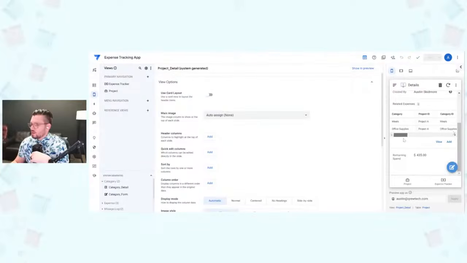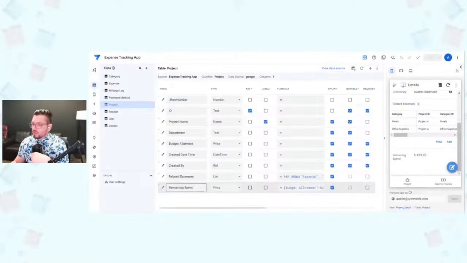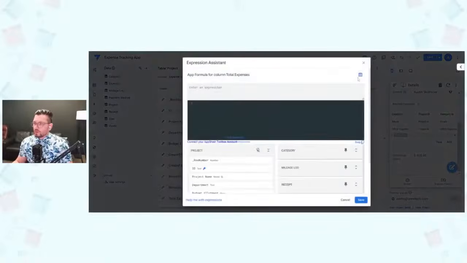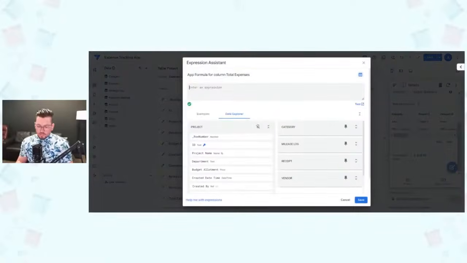So then another column we might want to have is just the total spend. And so we can do that similarly with the same type of expression here. And so I'll do another column. So total spend, or total expenses rather, is probably a better name for this virtual column. And we're going to do the same formula. So sum related expenses and